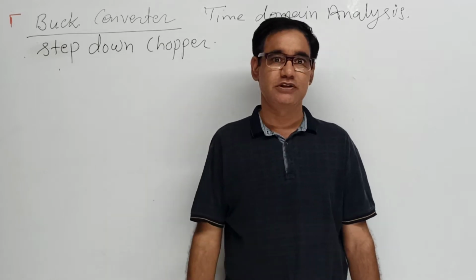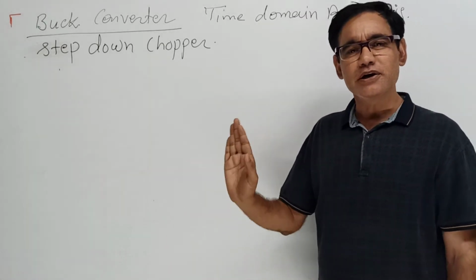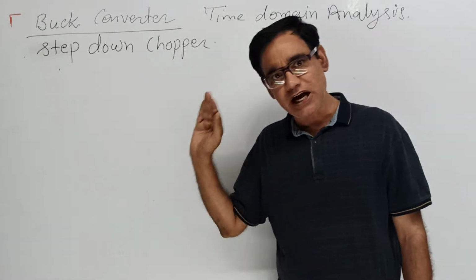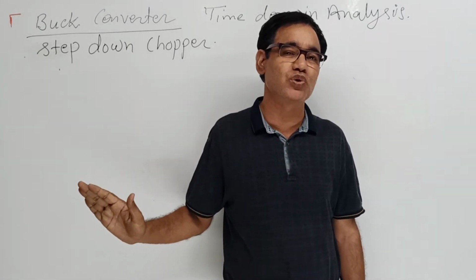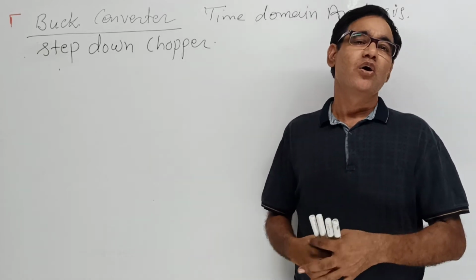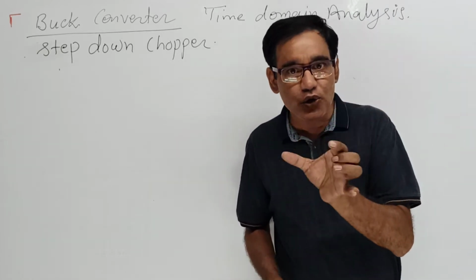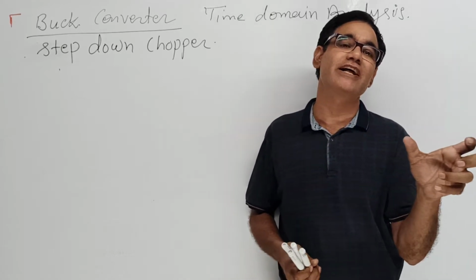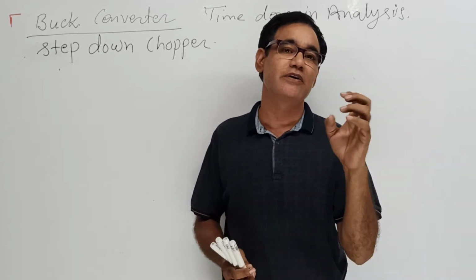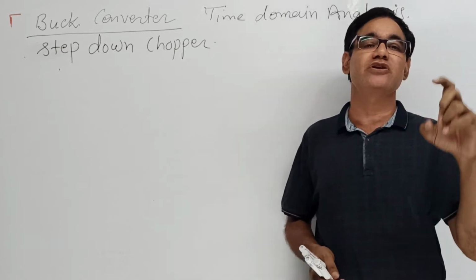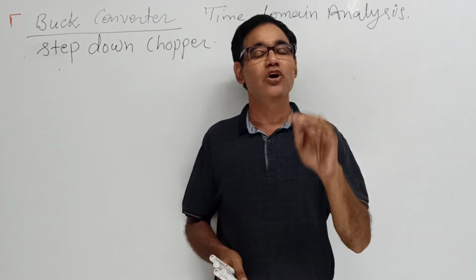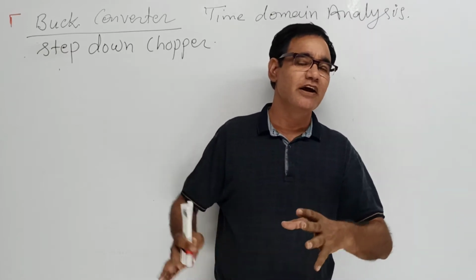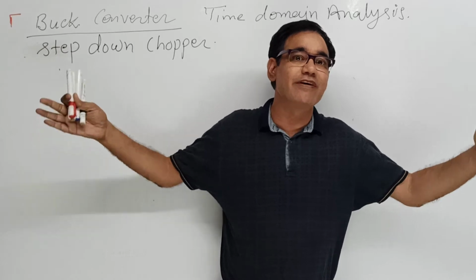Cuk. Okay, but here the step down is the base and the time domain analysis of that converter is very important. How the current waveform looks, how the current varies, and how we can define the ripple and ripple factor. Ripple means variation of the current with respect to the on and off cycle of the converter. So all that we will define, calculate and study well.